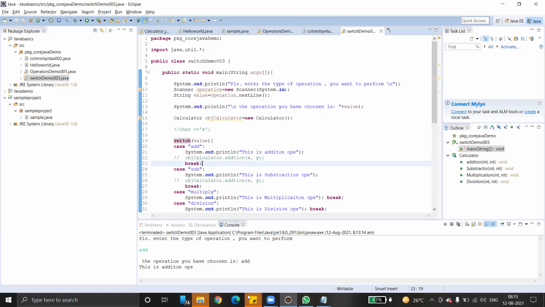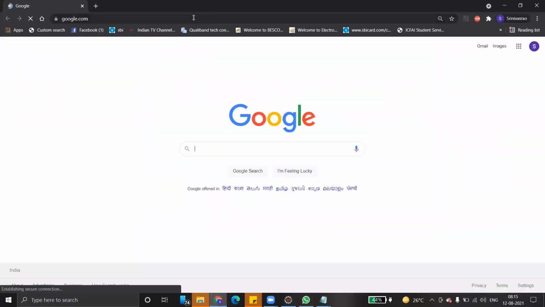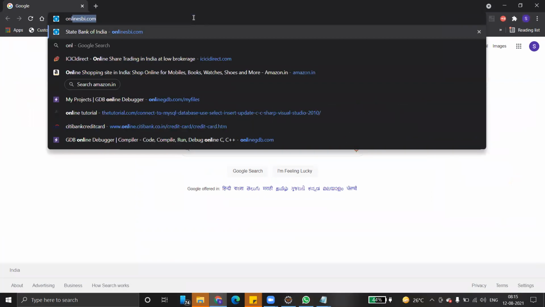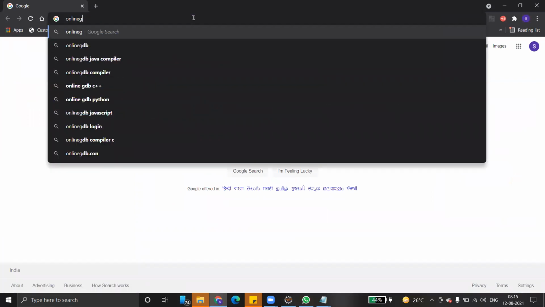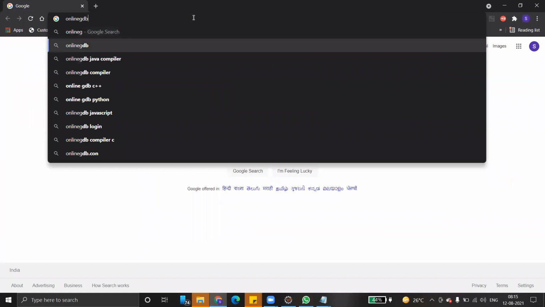Those who don't have Java, those who are not able to install it, there is another approach. Online compilers are there. If you have internet, just go to online GDB. This is one of the very useful ones. I use this when I'm teaching engineering graduates. But Selenium we can't use it.